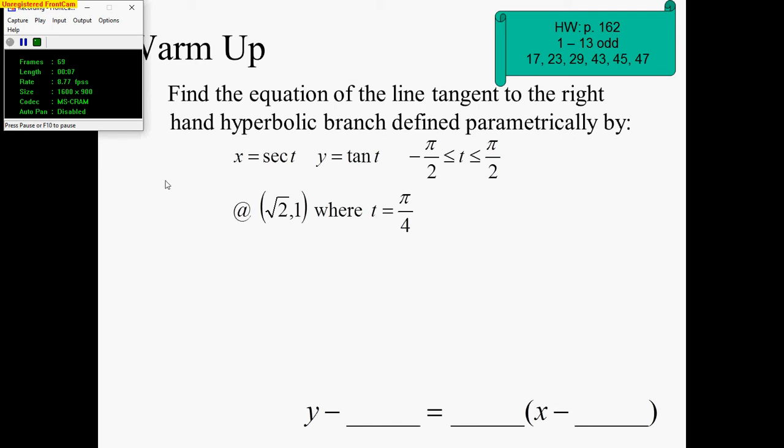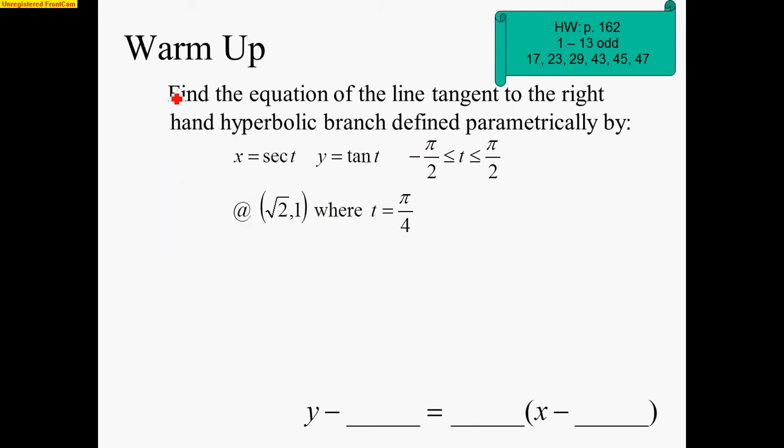So in your warm-up book, please write this warm-up: find the equation of a line tangent to the hyperbolic branch defined parametrically. I don't care about the rest of this. I care about parametrically, and when I see parametrically, I expect to see x in terms of t and y in terms of t. Remember, we have the Cartesian plane, x comma y,